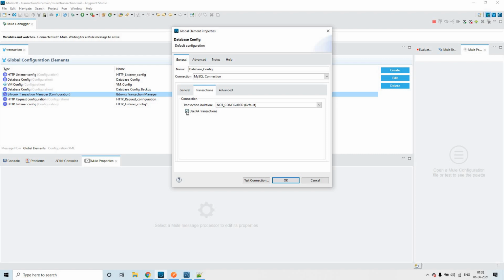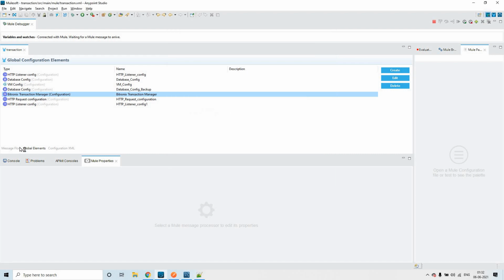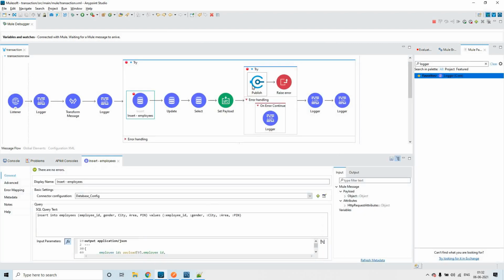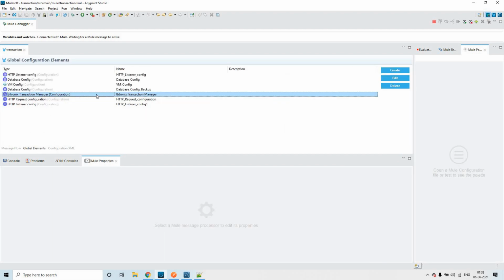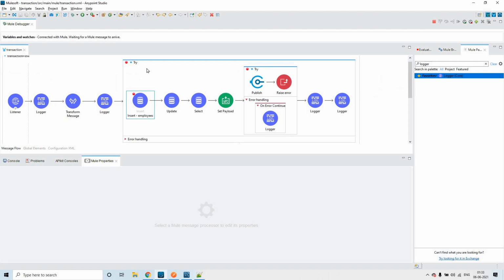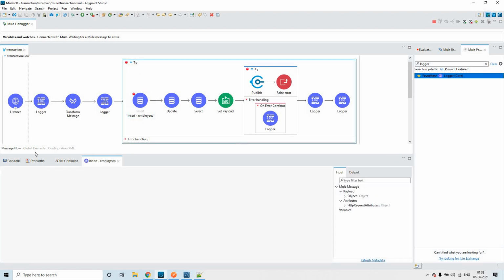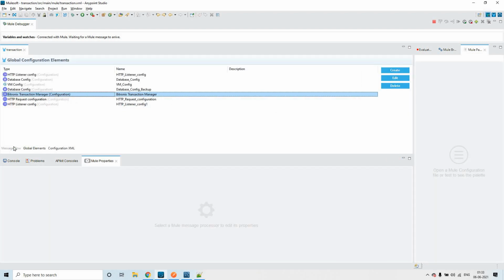This sort of setting is not there on this publish, but it is there on the database operation. Also, when you use XA transactions, you have to configure this for sure. It's not like you can delete this and work with XA transactions. That should be there in the global elements configuration.